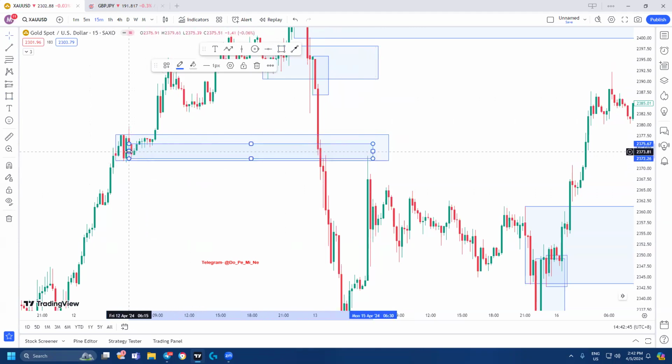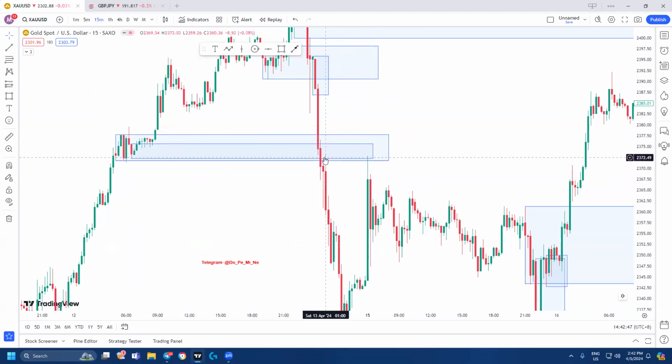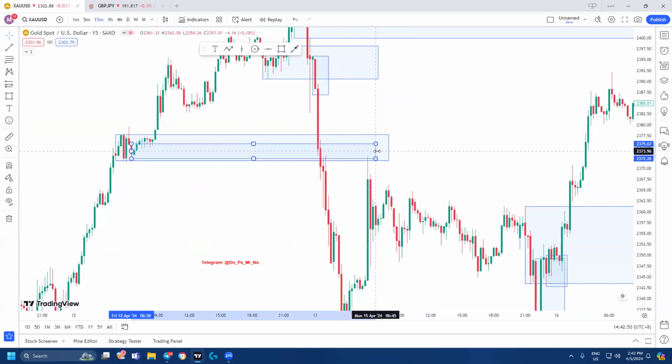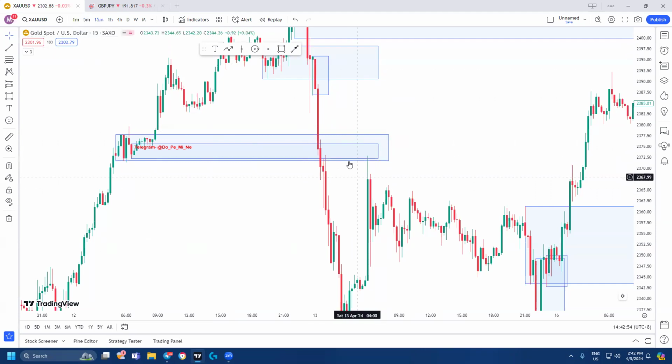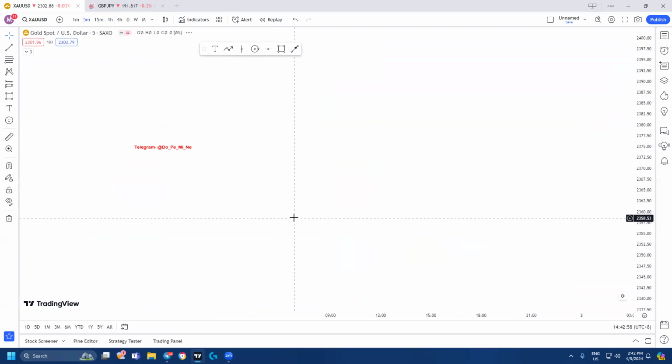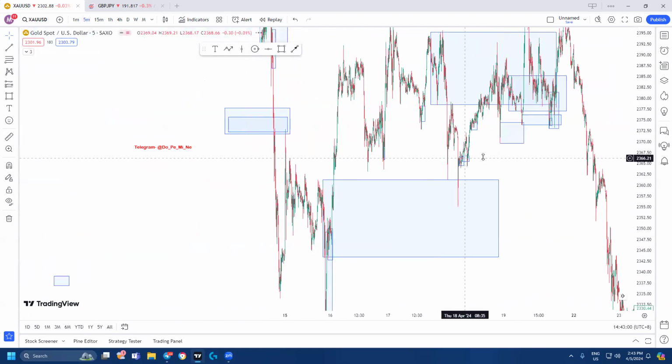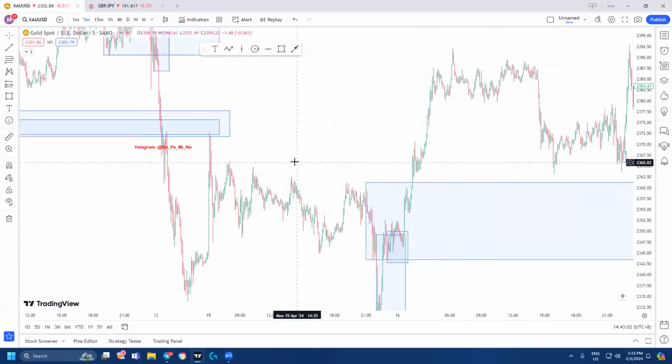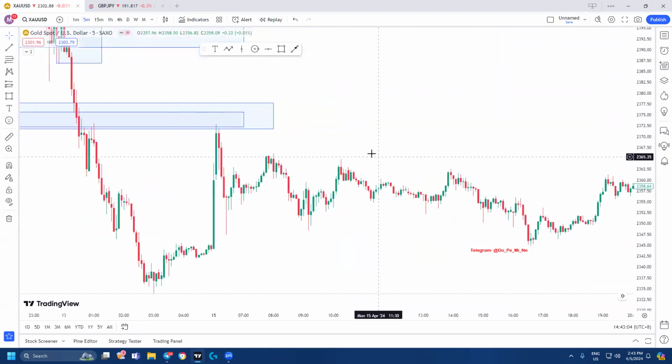On this M15, the price pulls back here. This is the second pullback. You can go to M5 and wait for another CMP for selling. If you have it, you can enter a sell. If not, just leave it. No need to chase the market.